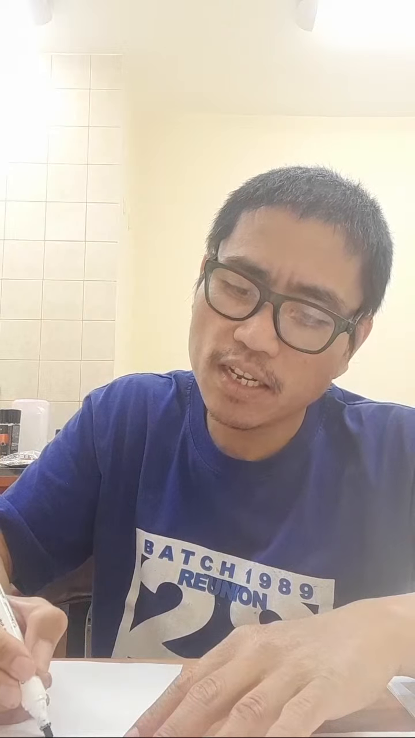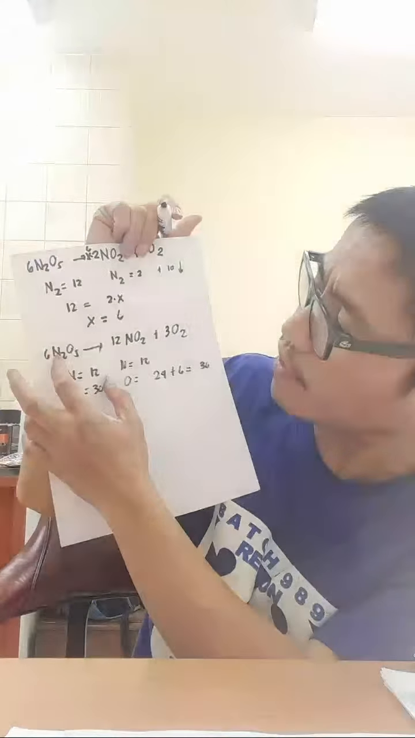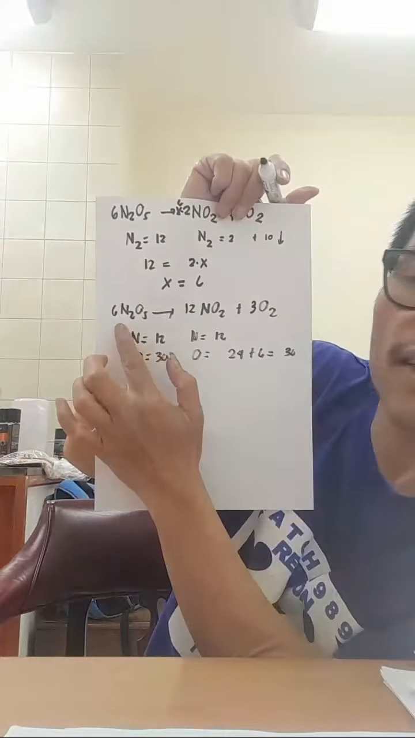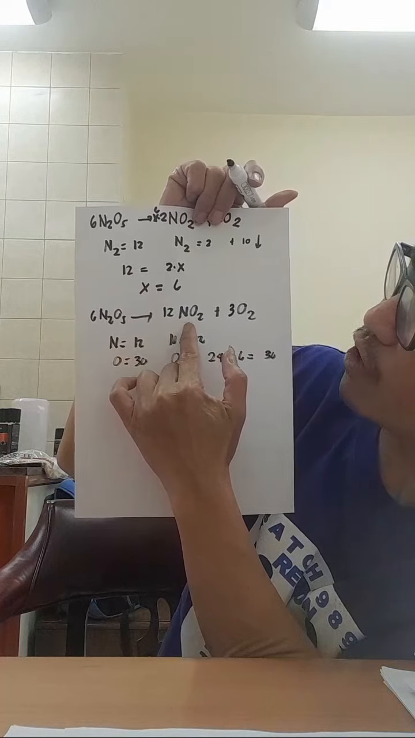Okay, so this is going to be like this. Nitrogen 12, nitrogen 12, oxygen 30, oxygen is equal to 24 plus 6 is equal to 30. Okay, this is our third attempt at balancing. Now, we obtained 6 moles of nitrogen pentoxide plus 12 moles of nitrogen dioxide plus 3 moles